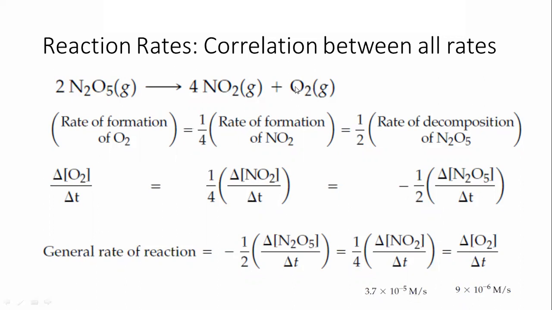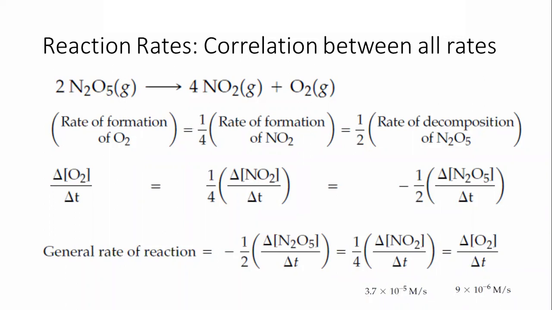Either this rate is given, you have to multiply by 4. This is also giving you the indication. And if this is given, and you want to calculate the rate of this, and this is in the denominator, you have to multiply by 4. This is going to be this side, and it should multiply by 4, and this will be 4 multiplied by 9 exponent minus 6. It would be the value of this one.